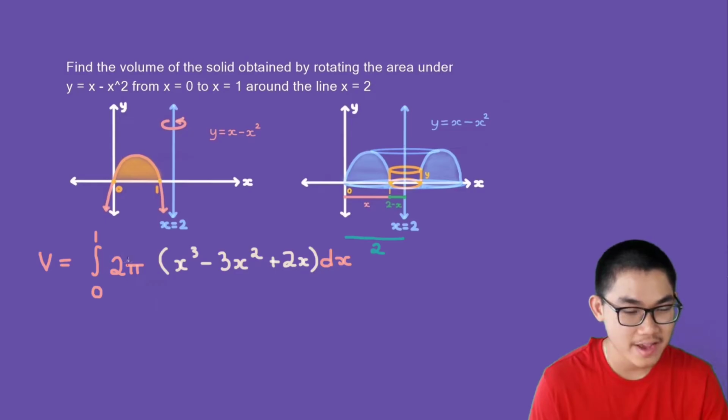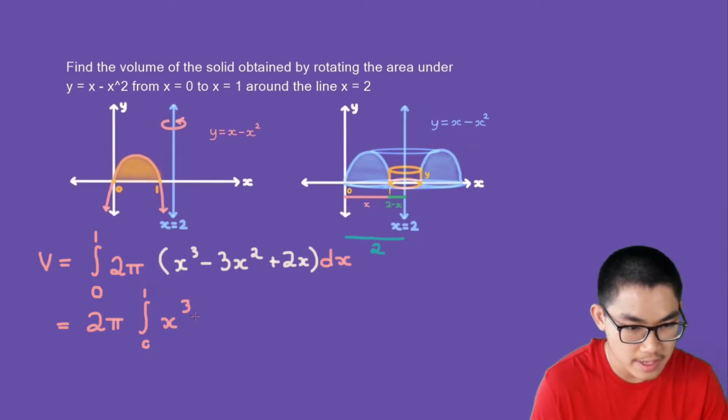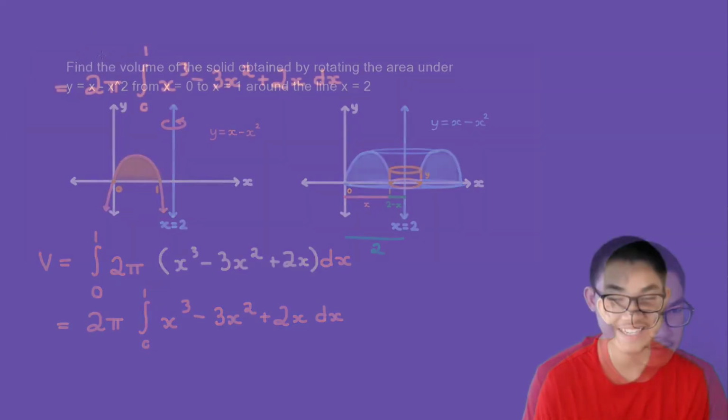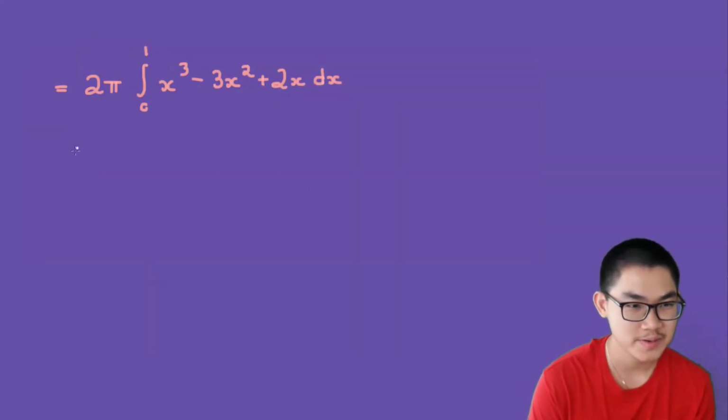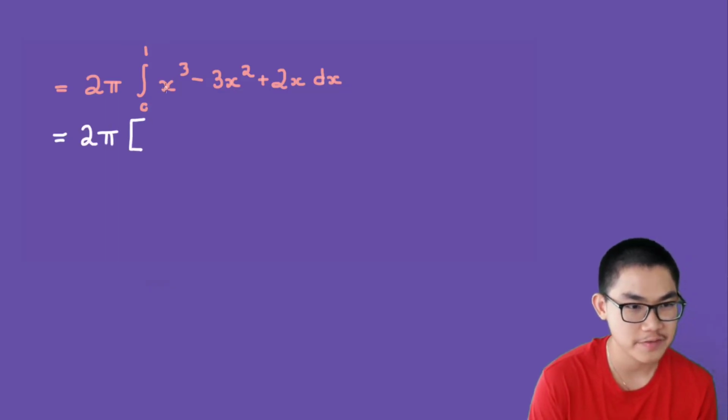Since 2 pi are just constants, we should bring them outside of the integral. So this is equal to 2 times pi times the integral from 0 to 1 of x to the power of 3 minus 3 times x to the power of 2 plus 2x dx. Let's evaluate this integral. So this is equal to 2 times pi times the antiderivative of x to the power